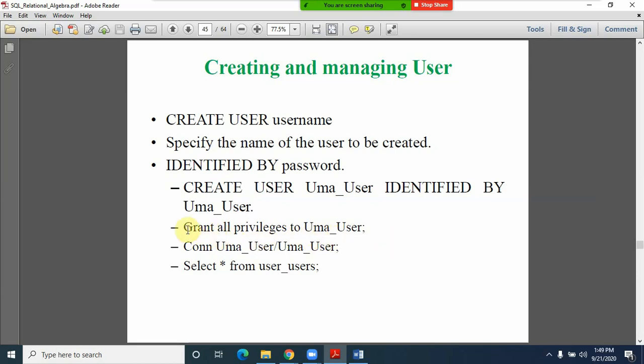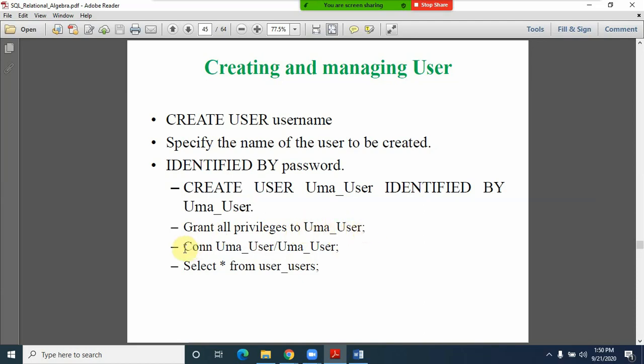So how do we do that, friends? How to give the permissions, in the lab also we have seen. We give the permissions like grant all privileges to username. Automatically the user will get all the privileges, and now you can connect this user because it has got all the permissions.